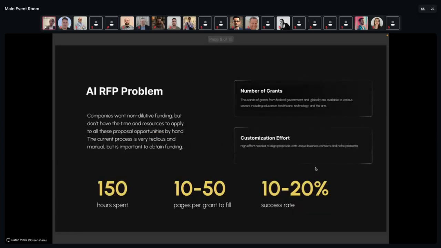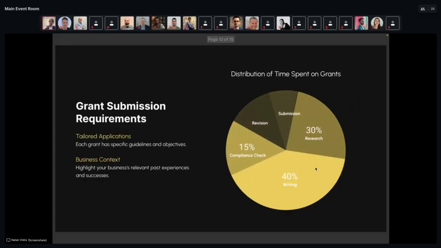Or maybe there's a use case where you want to apply to all these grants to get funding, but let's say you wanted to apply to these RFPs, but there's maybe 100 RFPs and it takes a ton of time to find them, to write these applications and submit them. But if you could actually use AI to do that, that would be amazing. That way you can get a lot of really awesome opportunities. So when you apply to these grants, maybe you'd want to do research. You might want to write these grants. You might want to ensure that it fits the format. You might want to revise the grant, and then you might want to upload it to some portal and submit it. And for each grant, you want it to be super tailored and unique.